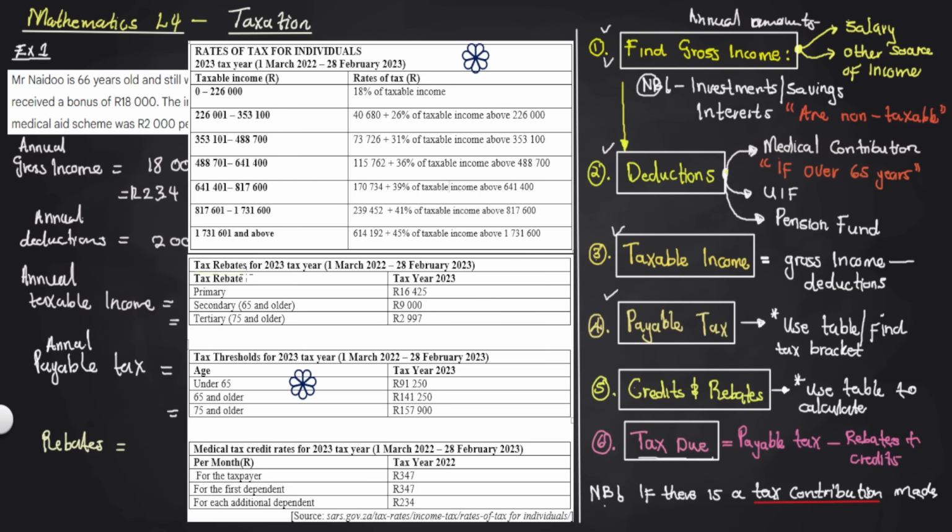So I'm looking at the tax rebates for this year. So we are now 66 years old. It means that we get a rebate for primary and secondary. So what the rebate is equal to